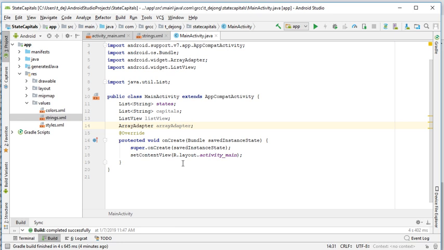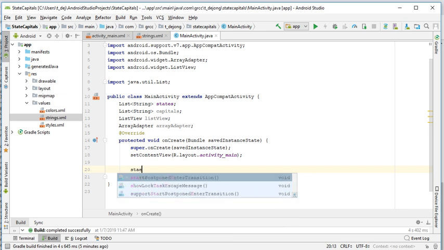Okay, the next thing we're going to do is create some information inside of here, this set view right here. Hit enter right here. First thing we're going to do is get all those states that are in that strings. We're going to stick them in this right here. So we're going to say states is equal